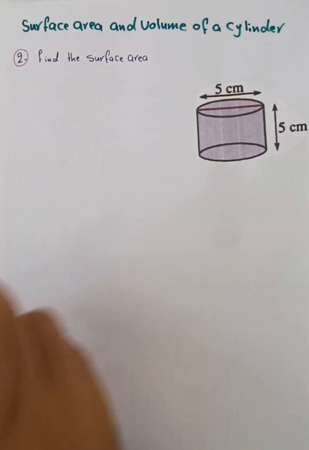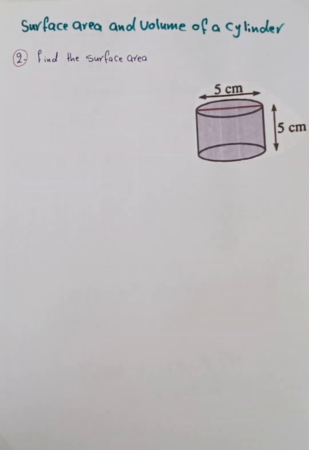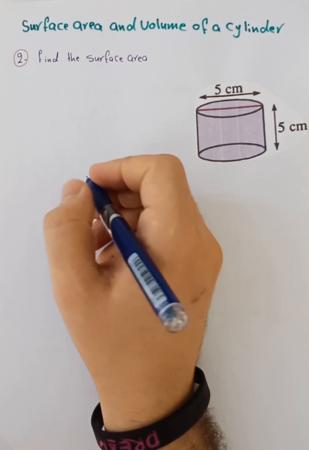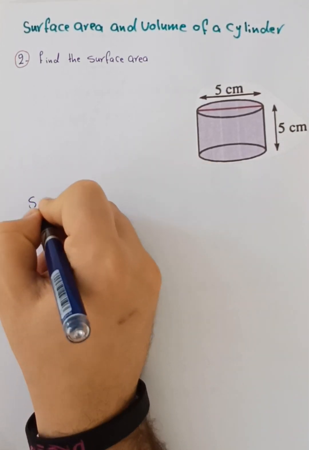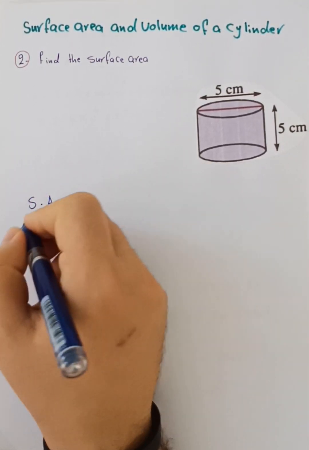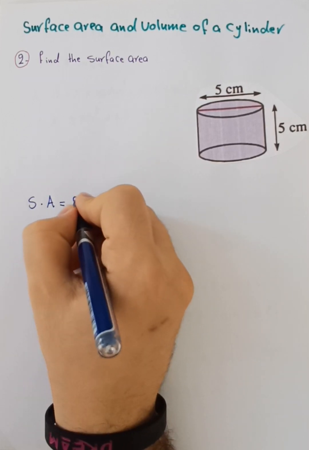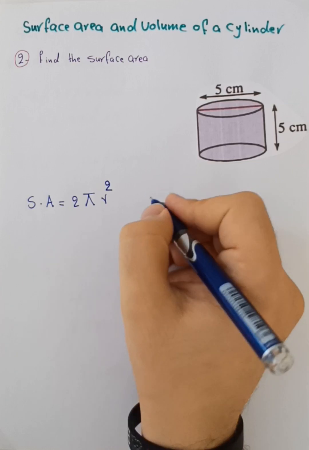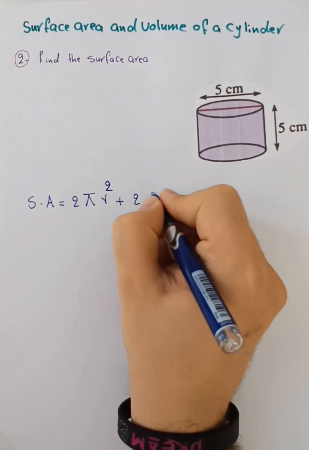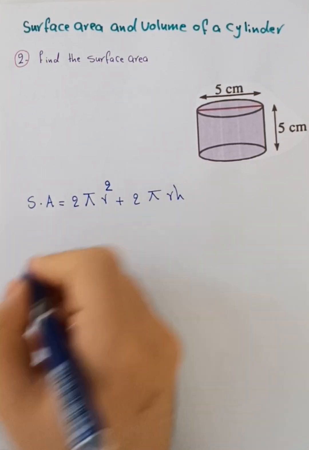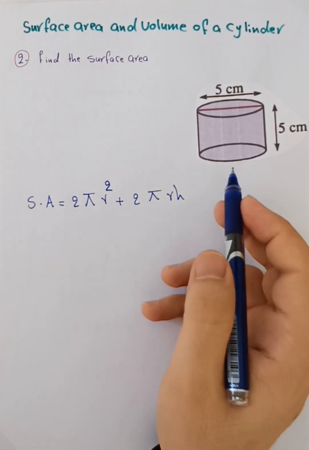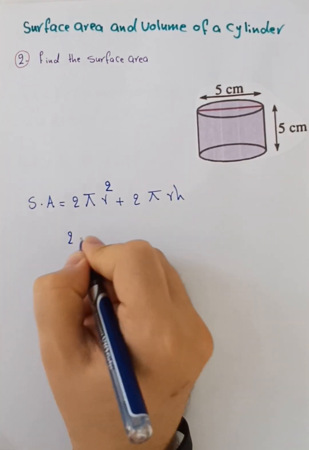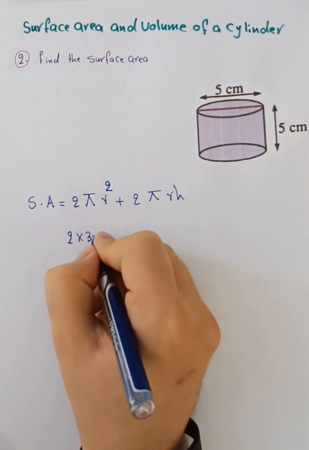Another example, we have this cylinder. How do we find the surface area for this cylinder? The first step, we have to write the rule. The rule is surface area equals 2 pi r squared plus 2 pi r h, and then we have to write the numbers instead of each variable. 2 times pi, which is 3.14,